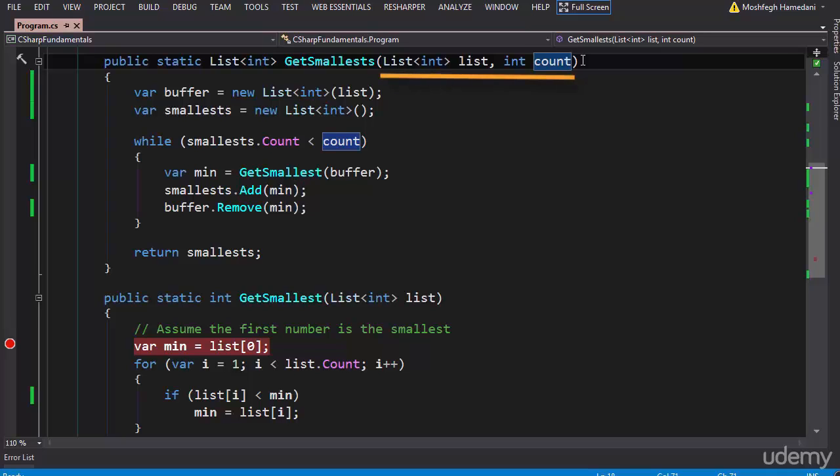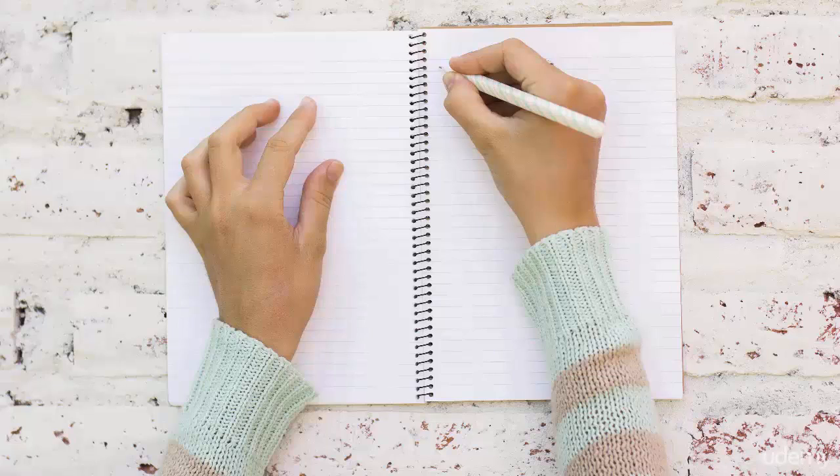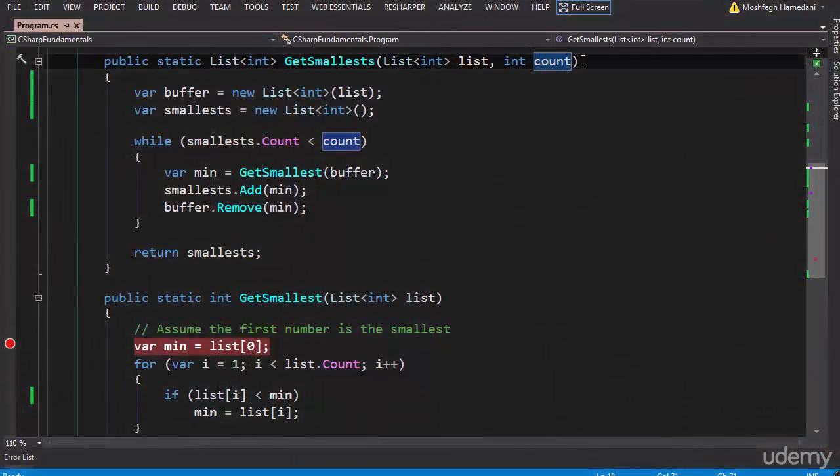Because we're asking a question in this method, but the question itself has a problem. If the question is meaningless, we cannot get an answer. Let me use a metaphor. Imagine you ask your friend, do you eat with a pen and paper? Doesn't make sense. The question should be, do you eat with a spoon and fork or with chopsticks? So when the question is meaningless, we cannot provide an answer. So in this case, I'm going to attack this problem by making sure this method gets the right argument as the question. Now,